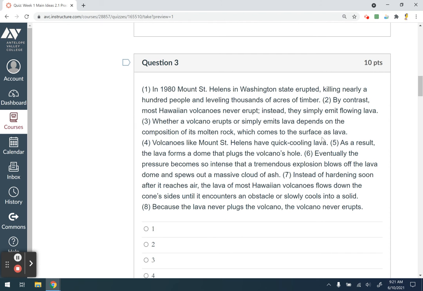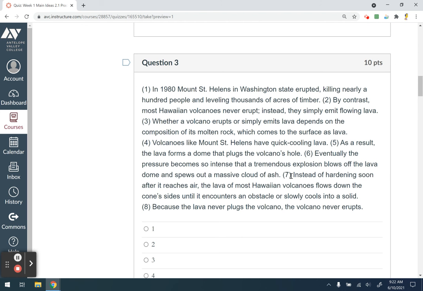surface as lava. Volcanoes like Mount St. Helens have quick cooling lava. As a result, the lava forms a dome that plugs the volcano's hole. Eventually, the pressure becomes so intense that a tremendous explosion blows off the lava dome and spews out a massive